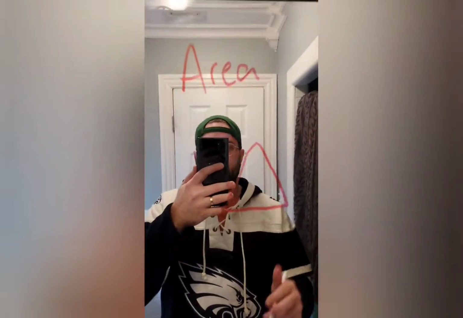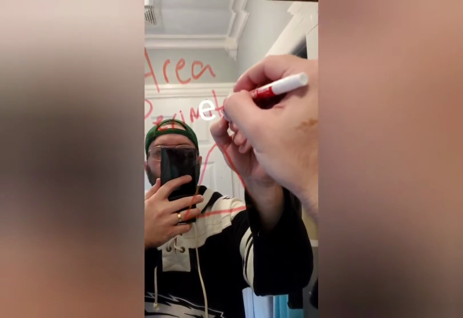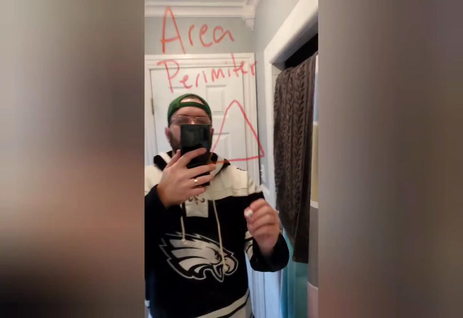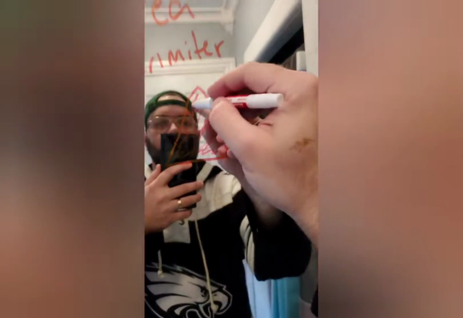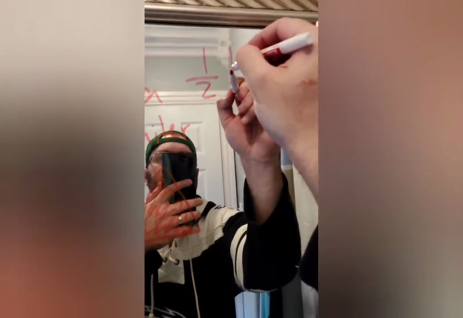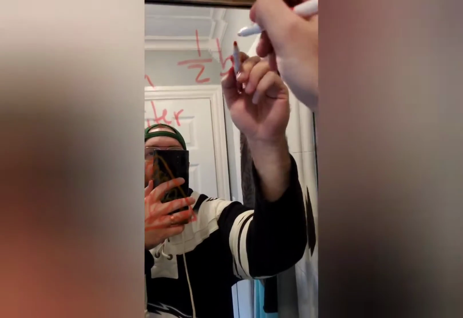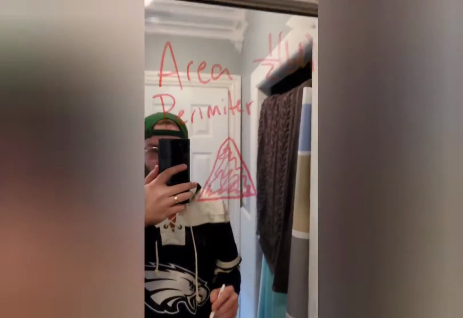the area of a Dorito, and then also the perimeter of a Dorito. So the area of a Dorito is going to be measuring everything inside this space here. That's how much area it takes up. We can find that by doing 1/2 times the base times the height. So you multiply the base and the height, and then you multiply that by 1/2. Perimeter,